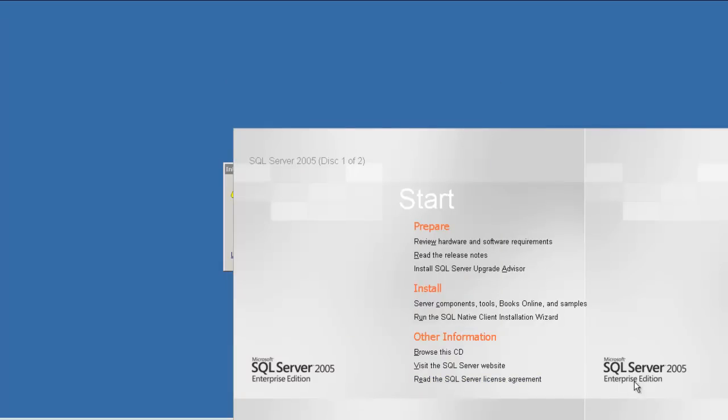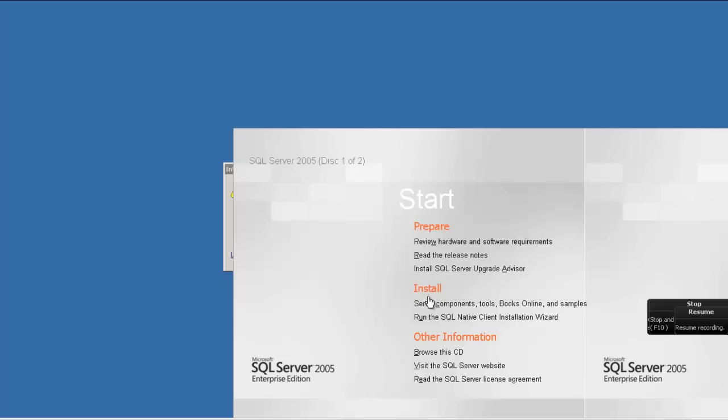So we are back with CD number 1, again to install the second instance of the SQL Server. It has come up. Again I'm going to say install SQL Server components online.